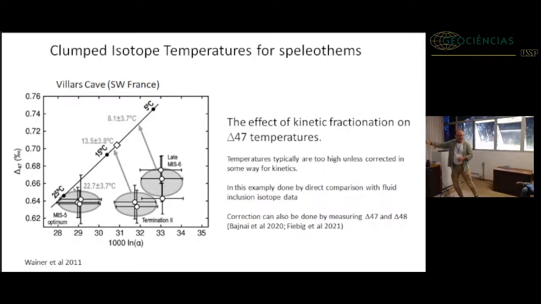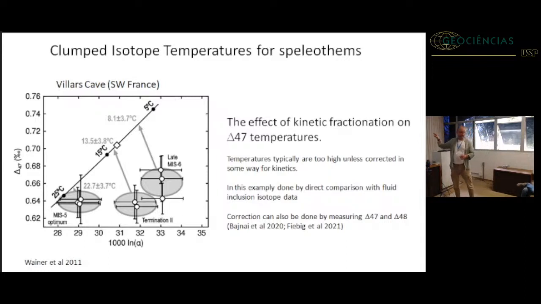That the vectors to bring it back to the line actually are these vectors that are in there. Yeah? So if you correct this correctly, you get much lower temperatures. And this is precisely what we see when, in clumped isotope temperatures, we get kinetic effects. They typically go to higher values, higher temperatures, sorry. So this is a way to correct, but there's a drawback here, because you need to assume that your